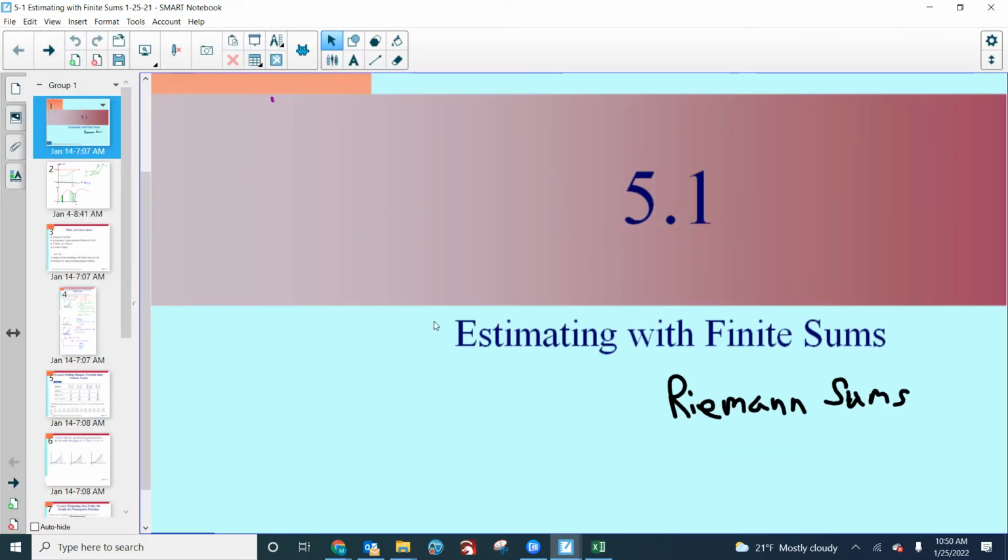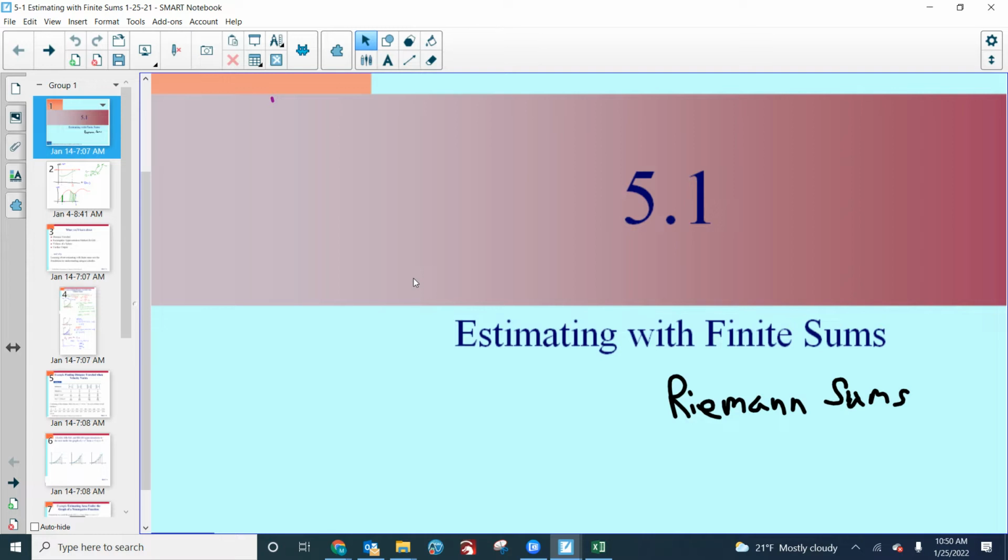New chapter in our lives. Estimating with finite sums. And you're only going to have a very simple homework to do tonight. And it has to do with your velocity graph, okay? You're going to